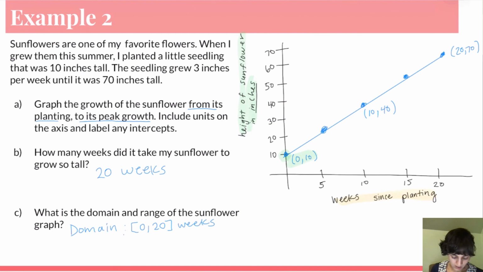And then the range goes from 10 all the way to 70. That is in inches. And I use brackets because those weeks and inches are included. It grew all the way from 10 to 70 inches. There's a solid point at the end. Those are included in